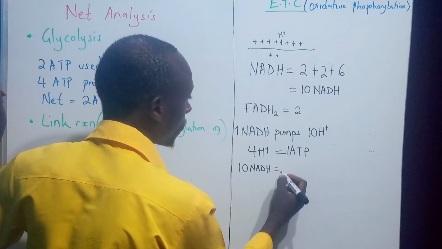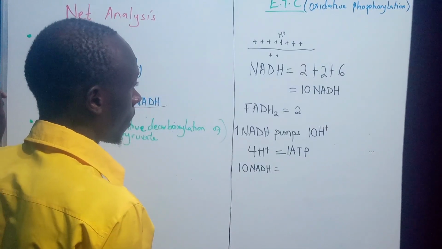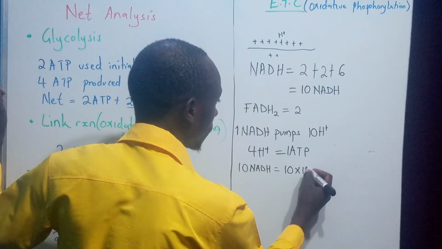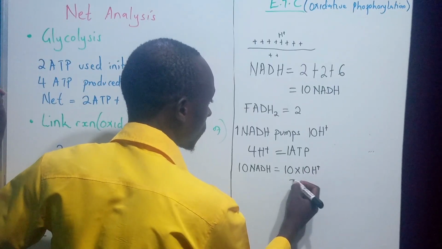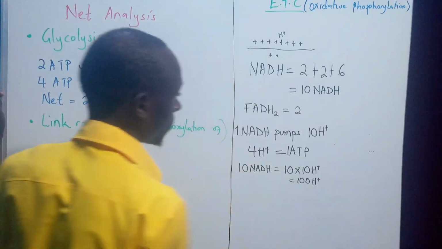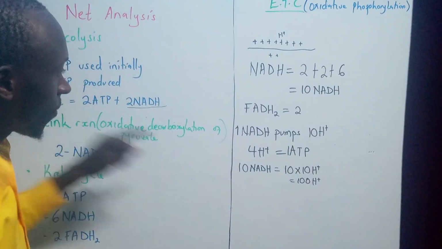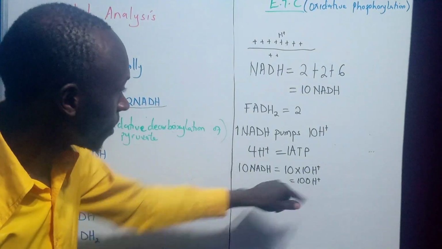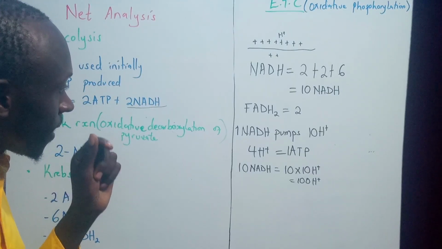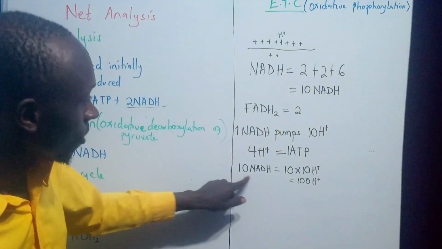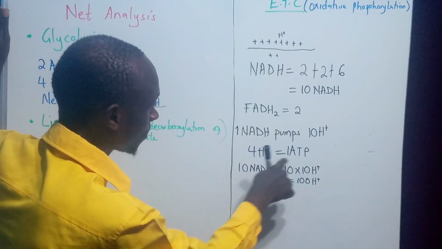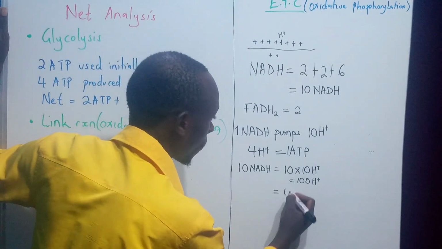NAD molecules are going to give us how many hydrogen ions? We are going to have 10 times 10 hydrogen ions, so giving us 100 hydrogen ions. So if 10 NAD molecules give us 100 hydrogen ions, we can easily get how many ATPs can be obtained from the 10 NAD molecules. So you can just get 100 ions divided by 4 ions, you can get the total. So giving us 100 ions